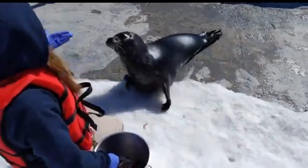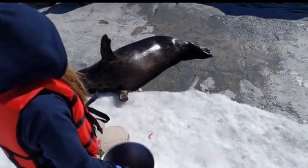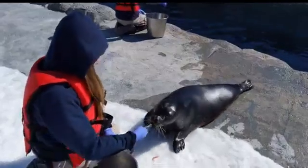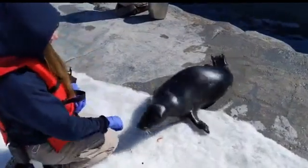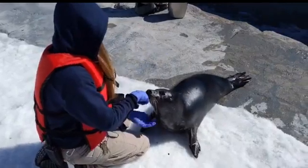So what would be the purpose of a belly present? The main thing that we would be doing is trying to see if Gabbers has any skin lesions, any wounds on his belly. But with some of the seals, we've started training to allow us to touch their belly too. So if there's something abnormal there, not only can we see it,